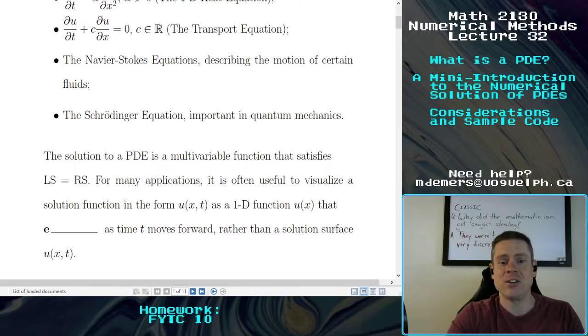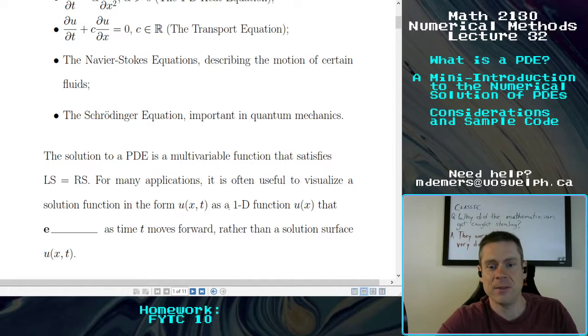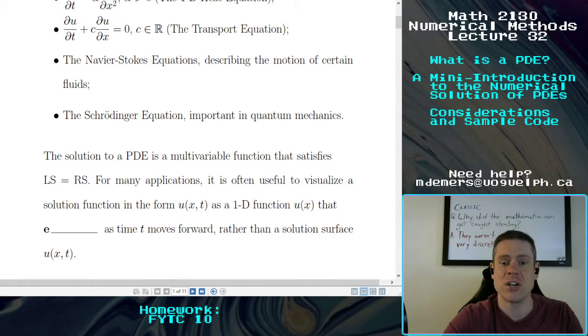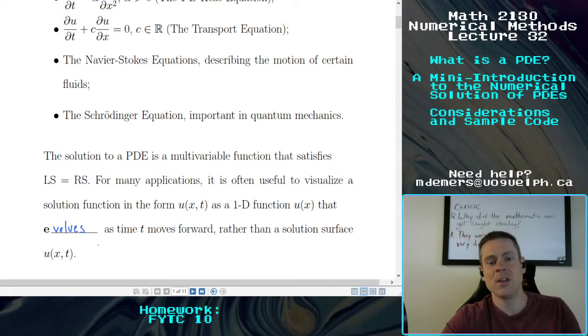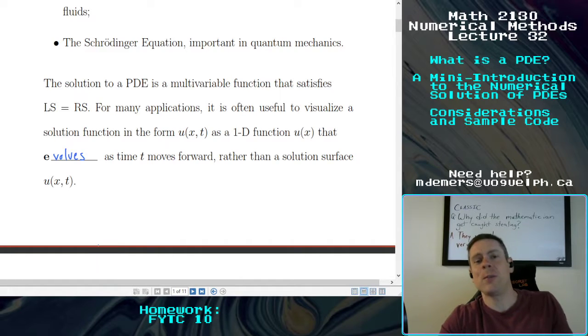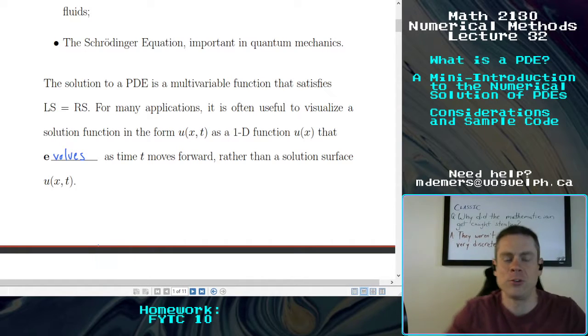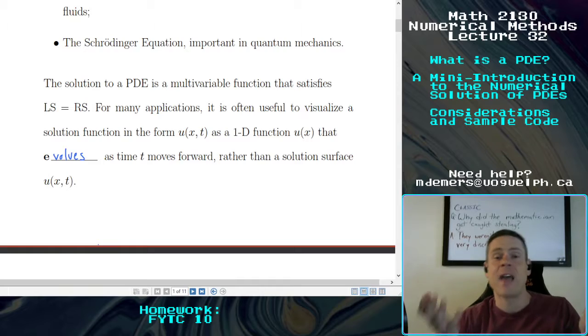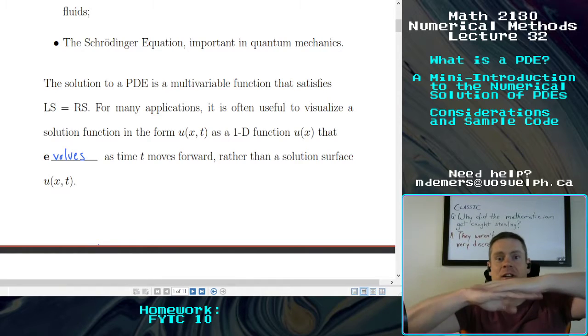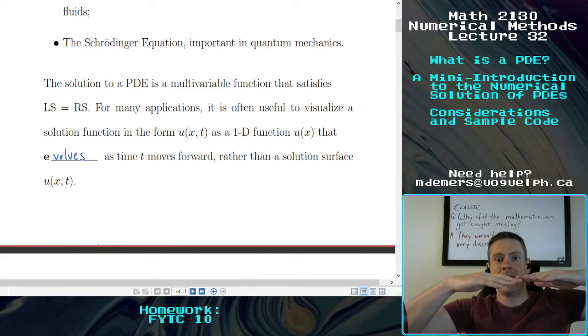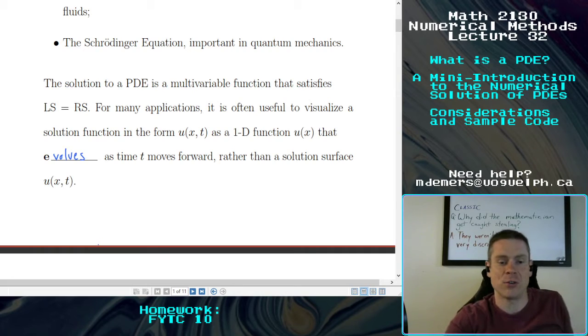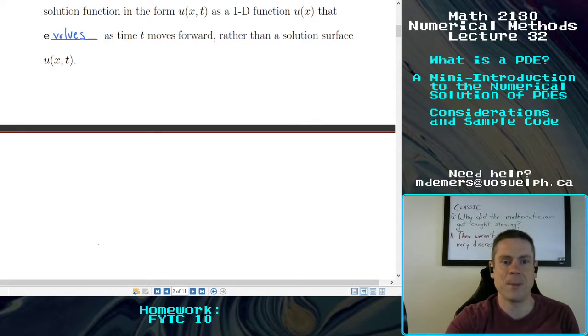So for many applications, it's often useful to visualize a solution function in the form u of x,t as a 1D function u of x that evolves as time moves forward, rather than a solution surface. Because you might think of u of x,t as being a solution surface, but I can think of that cast iron pan and think of an initial heat distribution, which is even, and then a heat distribution that changes over time. So for example, something like this,